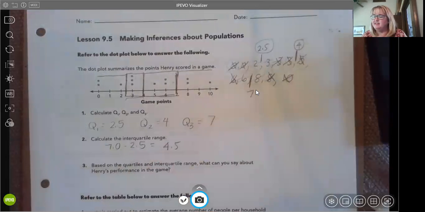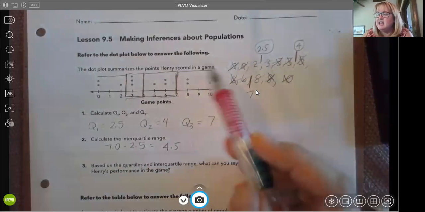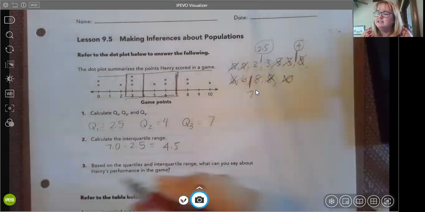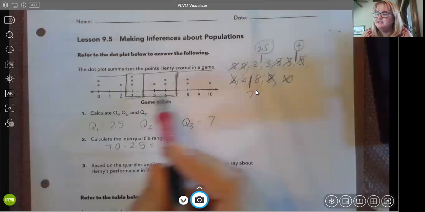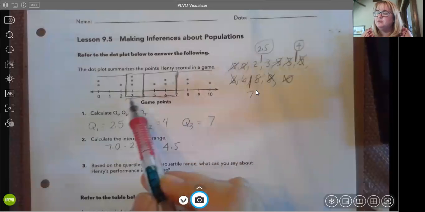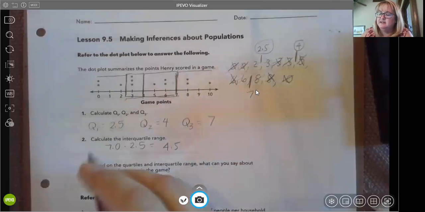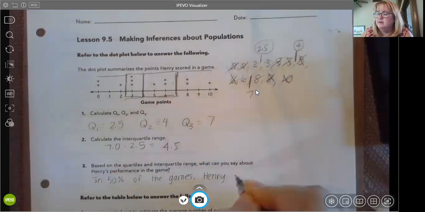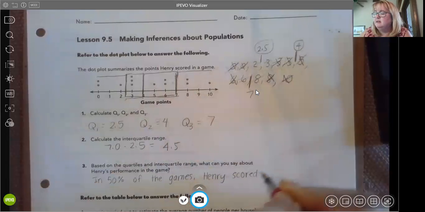Okay, so looking at this, it says, based on the quartiles and the interquartile range, what can you say about Henry's performance in the games? All right, so we can say that in half of the games, Henry scored between 2.5 and 7 points. So in 50% of the games, Henry scored between